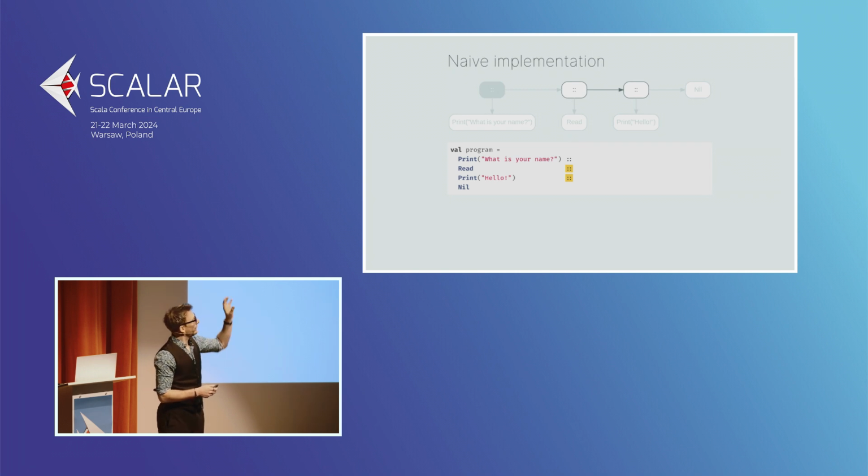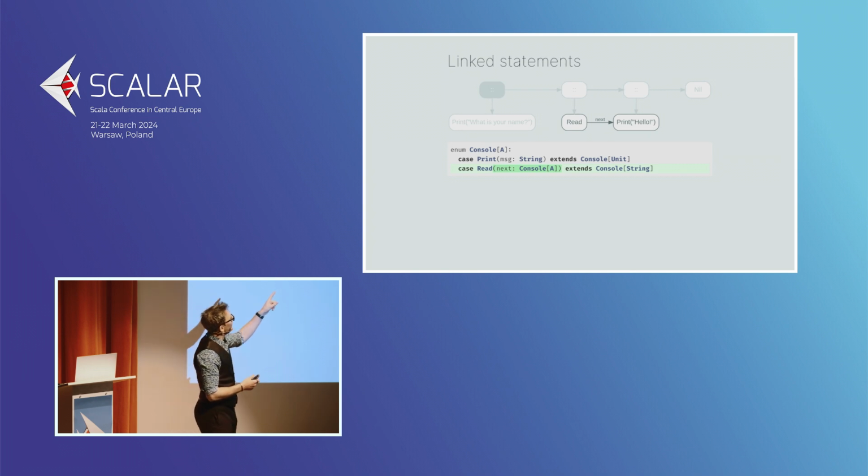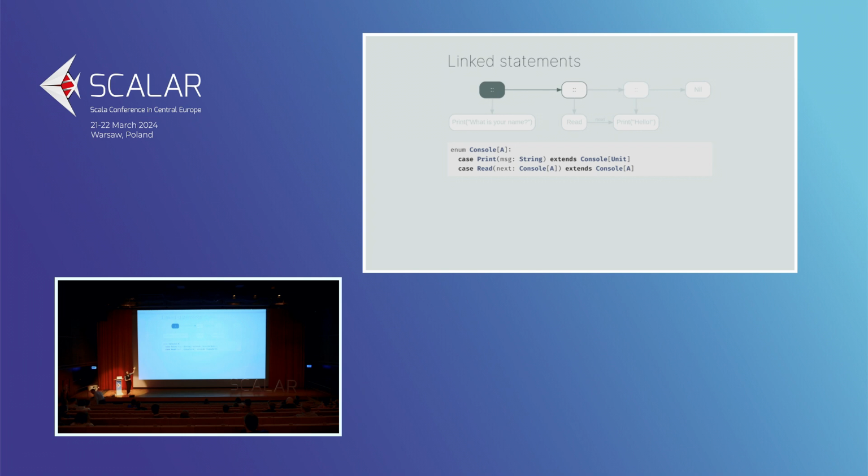So what we want to do is to bring that link up there down into read. So really, that means we want to have a new field there, which represents the next statement in the chain. And since now read is going to be evaluated, and then we're going to evaluate the next statement in the chain, then we don't want a string here, because that's going to evaluate to an A. Similarly, we want to bring down that link to print. So print is going to have a next statement as well, and similarly, it's going to become a console of A. And of course, we need the marker for the end of the chain of commands. So I'm going to call it stop.